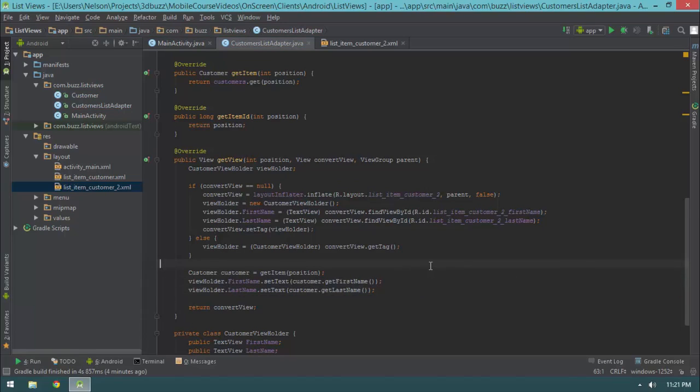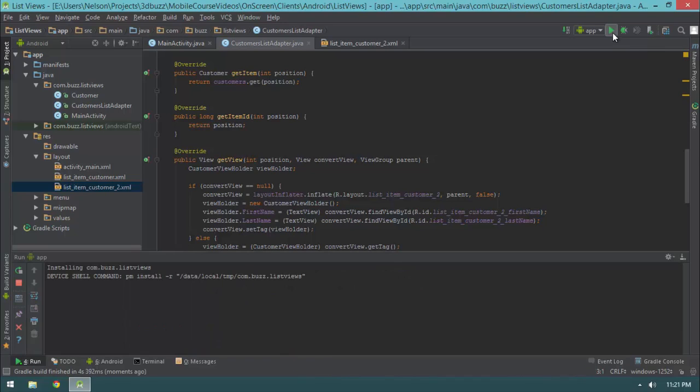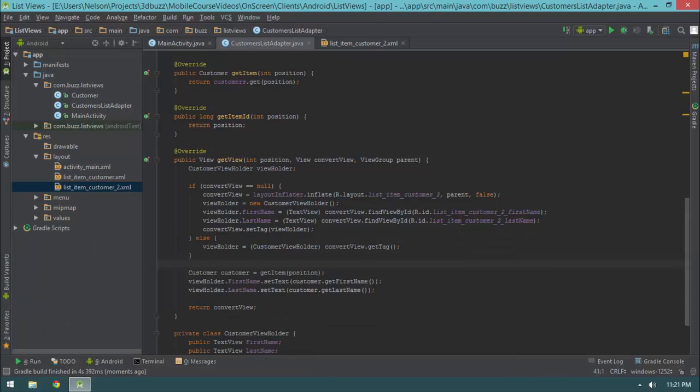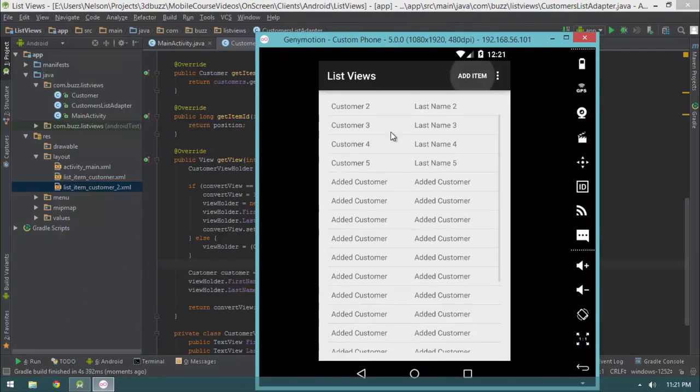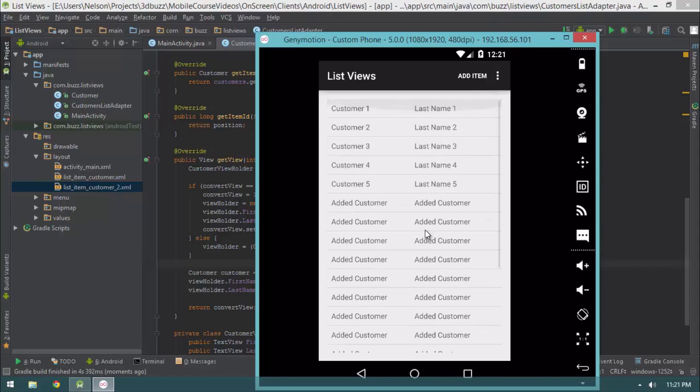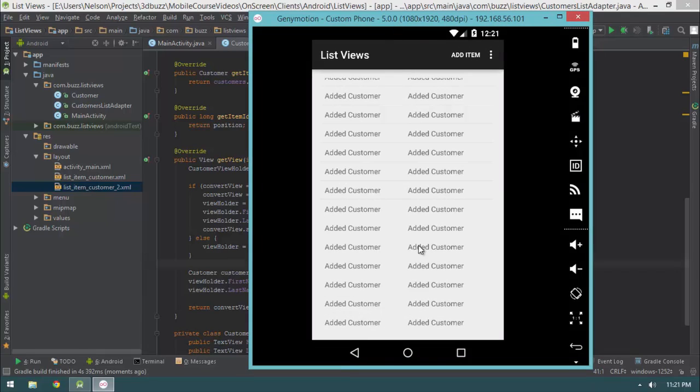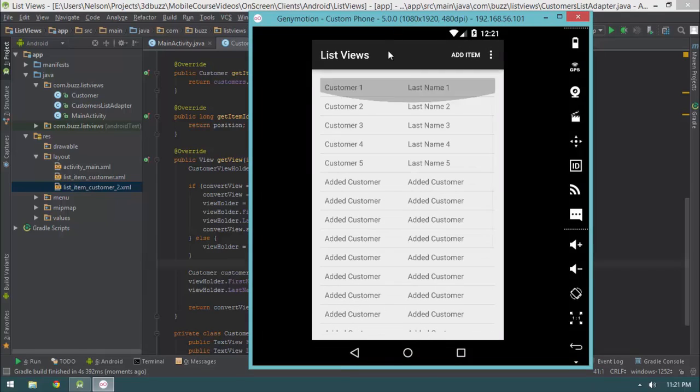And that's it. So now I can go ahead and hit run, and we will have an efficient implementation of a list view adapter. And again, you guys aren't going to see much of a difference. If I opened up my profiler, you would see a decrease in memory consumption after doing this, and a decrease in the amount of time spent each time that a view is